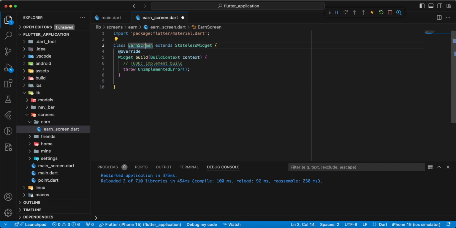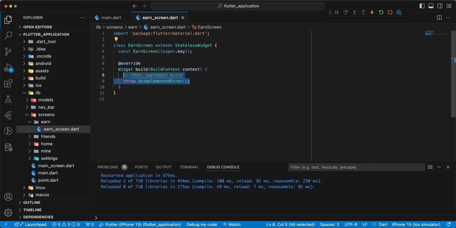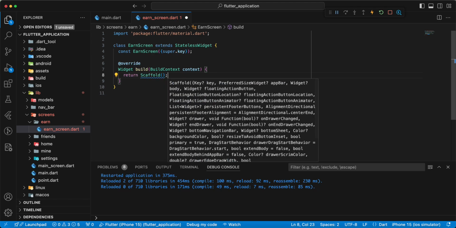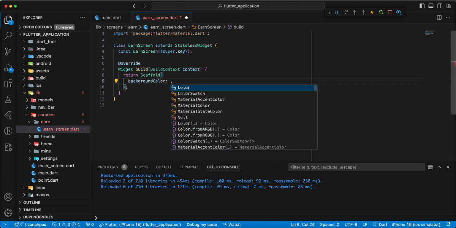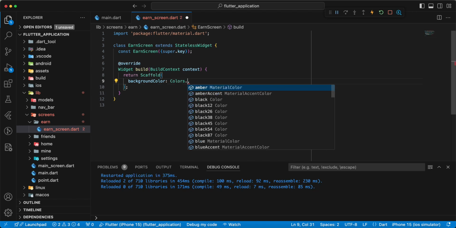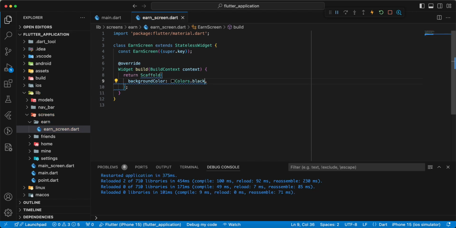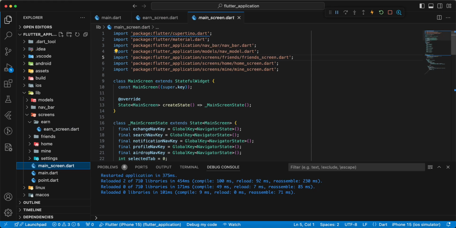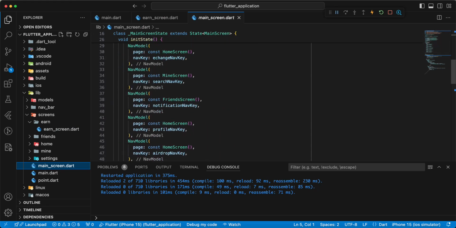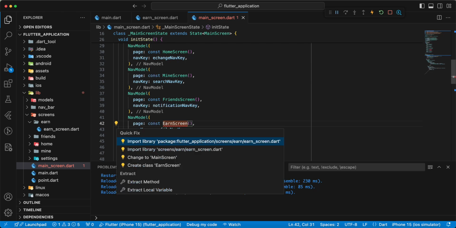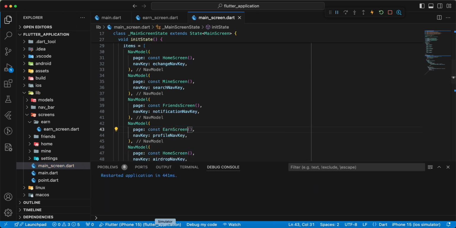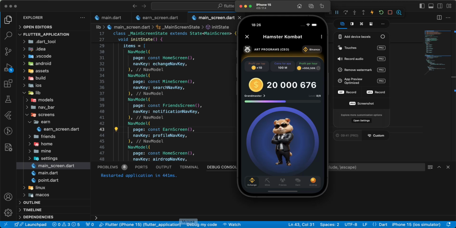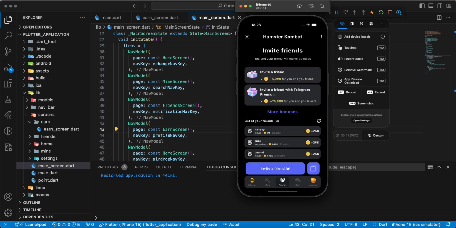then we add method build, add constructor, then we write return Scaffold, write background color, Colors.black, copy information, open main screen and add to navigation, hot restart. Now we open the emulator,